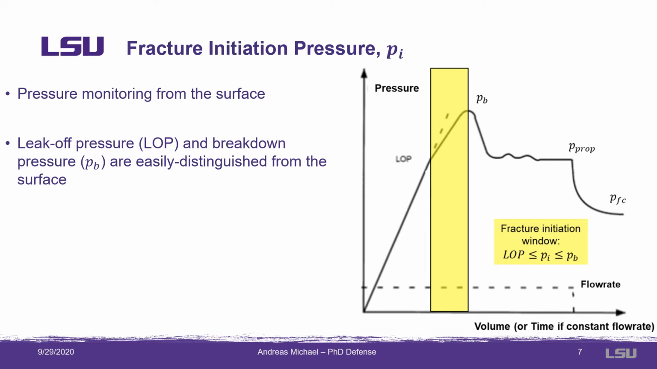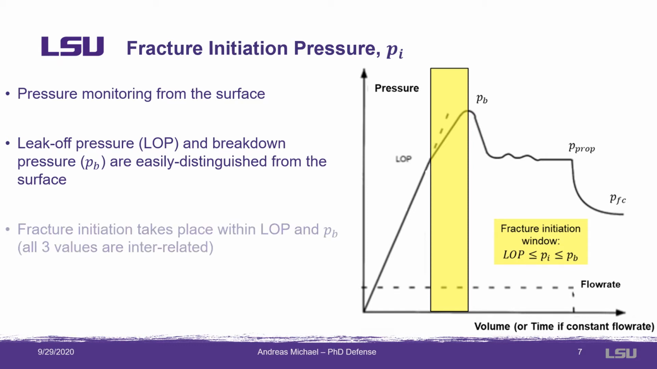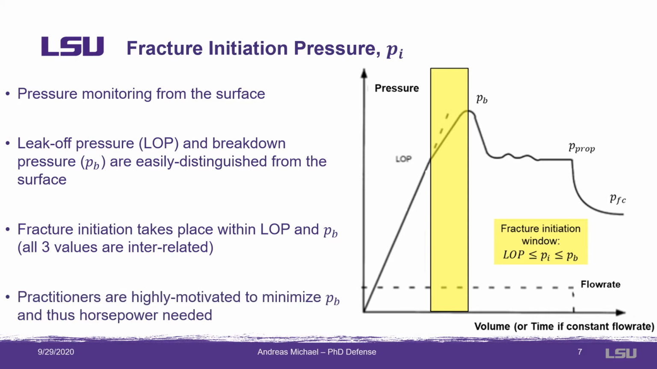Despite the leak-off and breakdown pressures being distinctly observable from the surface, it's really hard to pinpoint the exact fracture initiation pressure. Fracture initiation occurs within the yellow shaded region between the leak-off pressure and the breakdown pressure, in what I would call, for practical purposes, the fracture initiation window. All three of those pressures are interrelated, and it's the practitioner's objective to keep them as low as possible in order to minimize the amount of horsepower necessary for the treatment, which is directly proportional to the number of trucks